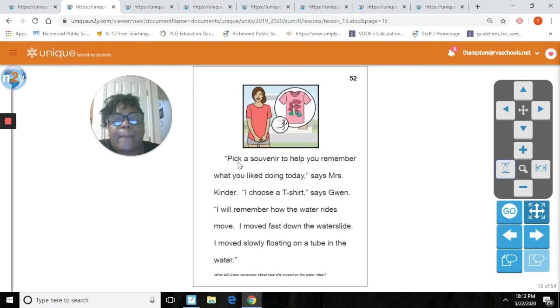It says, pick a souvenir to help you remember what you like doing today, says Mrs. Kinder. I choose a t-shirt, says Gwen. I remember how the water rides move. I move fast down the water slide. I move slowly floating on a tube in the water. Okay,